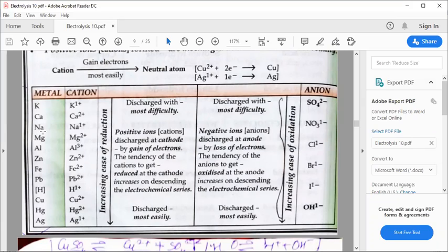So if there are two cations roaming, the silver will try to accept the electron from the cathode and silver will get deposited rather than potassium. समझ में आया? तो इलेक्ट्रोकेमिकल सीरीज में जो सबसे नीचे होता है that will get deposited very easily, or you can say discharged easily. So these are called preferential discharge. Preferential हो रहा है ना, it is according to the electrochemical series.